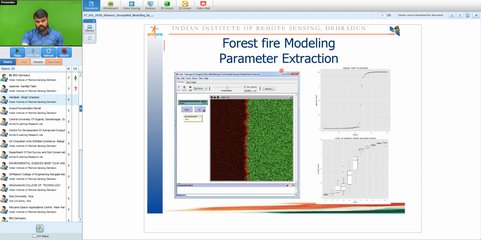Coming back to the forest fire, where I was talking about parameter extraction. In this case, the simulation was carried out around 1,000 times, with an increase in fuel load. The fuel load was increased by 10% each step, from 0 to 100. So this is the total fuel load, with the fraction of fuel load from 0 to 1, and for each of those cases, the simulation is again carried out 100 times, and based on that we find out how much